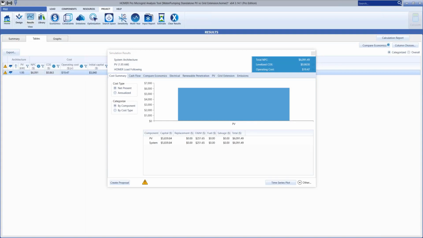For a long time we had a search space, which is a sort of brute force approach where you just give HOMER lots of choices of sizes, then it tries all the permutations. We had some smarts about it so that we knew if something was infeasible, anything smaller than that was infeasible. It was a little bit smarter than just exhaustive